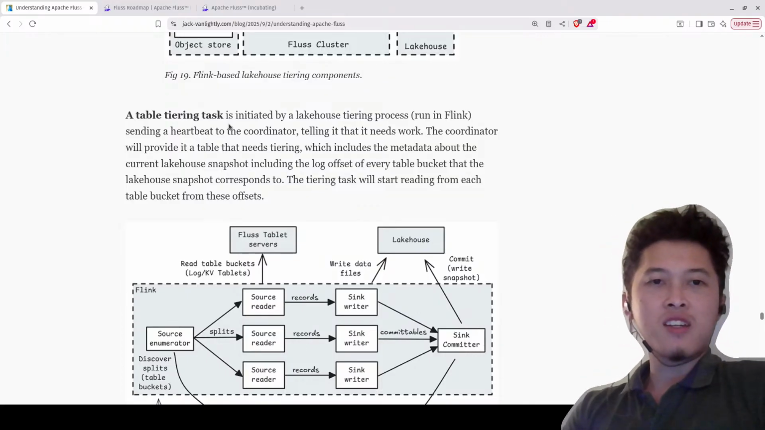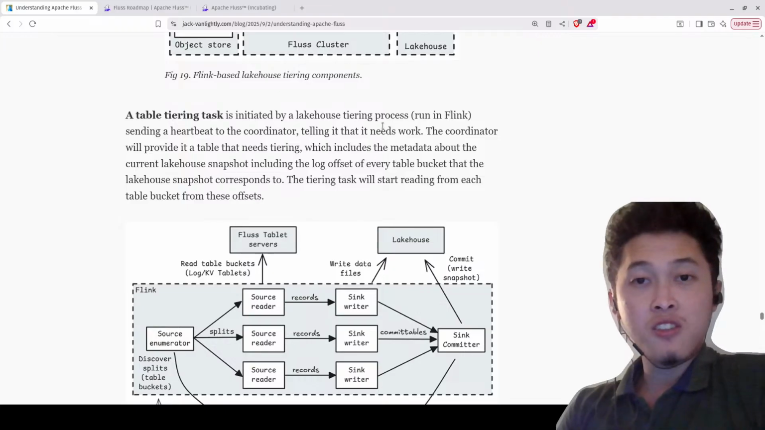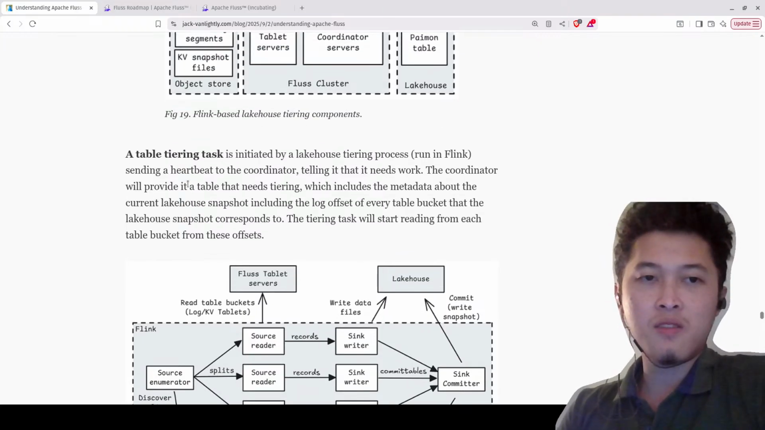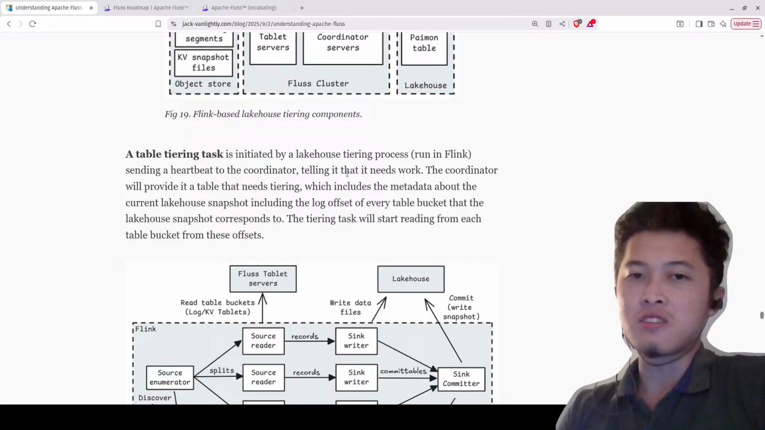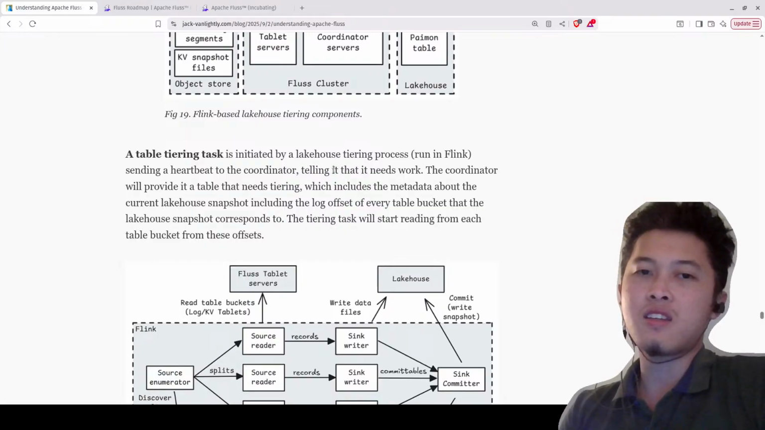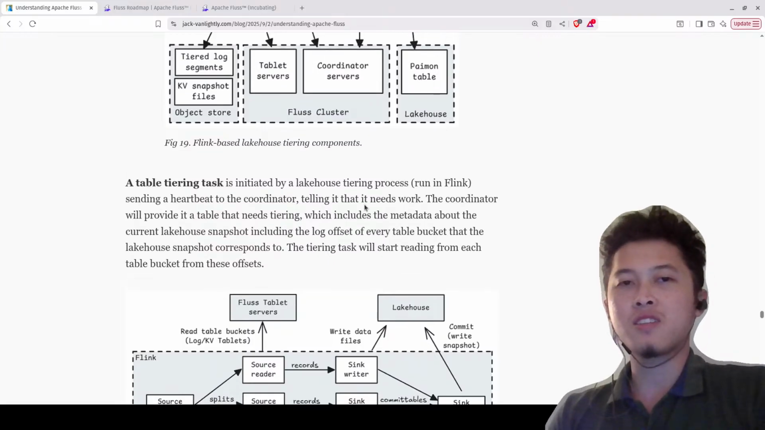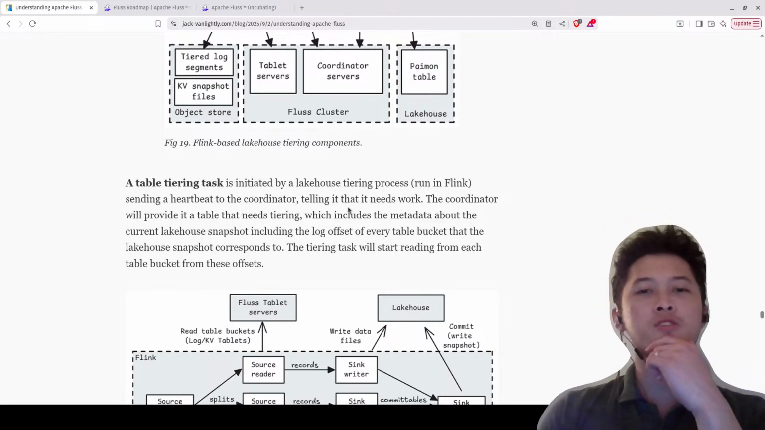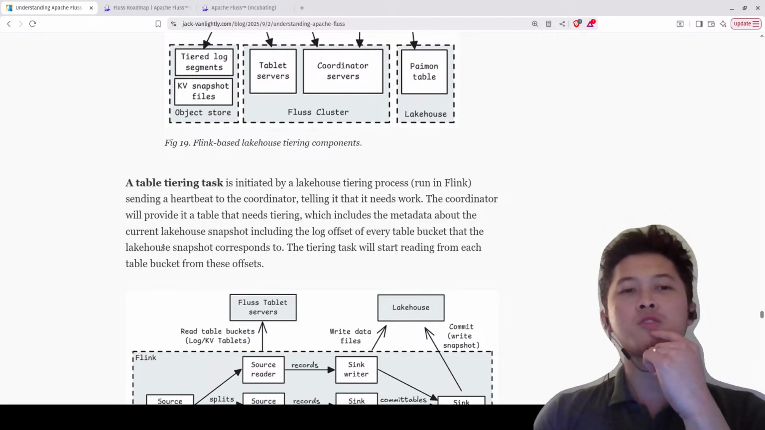A table tiering task is initiated by the lakehouse tiering process run in Flink. Okay, sending a heartbeat to the coordinator, telling it that it needs work. Okay, so asking for a job from the coordinator. Hey, give me a job. The coordinator will provide it a table that needs tiering, which includes the metadata about the current lakehouse snapshot,